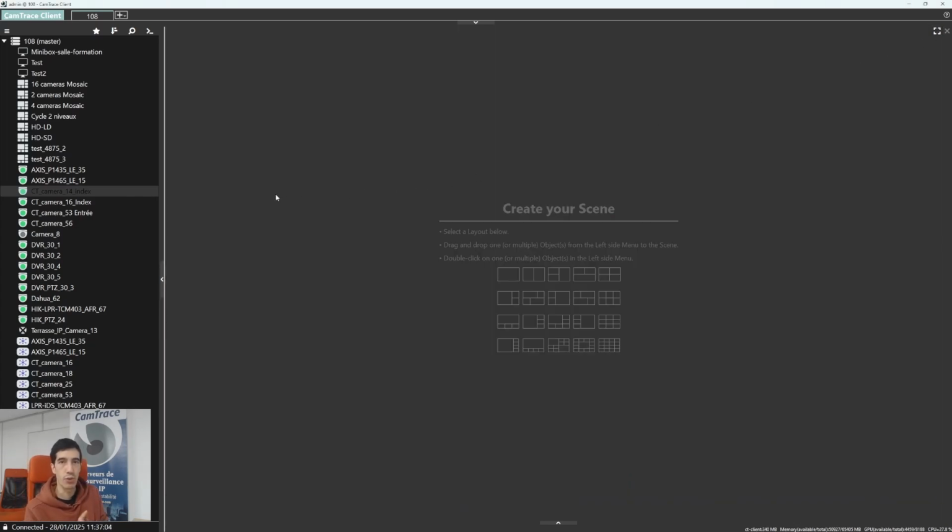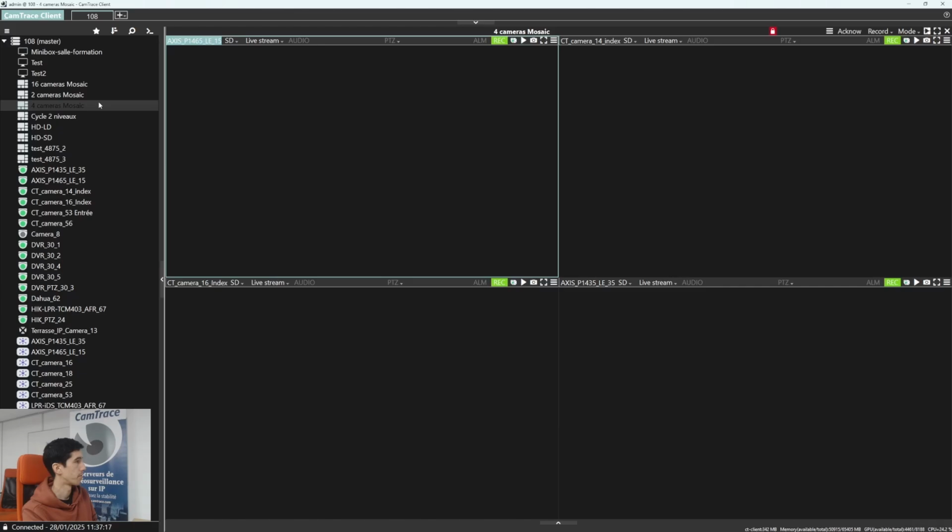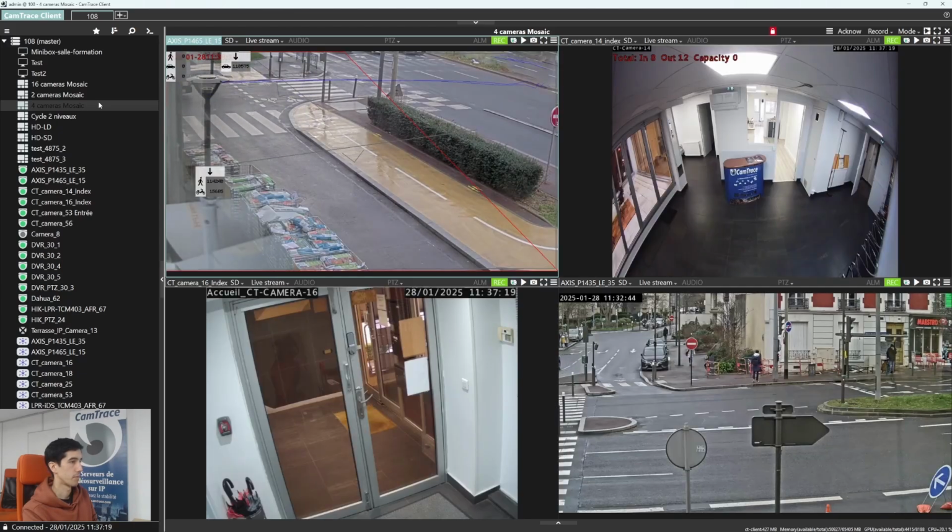I think your administrator or installer already created some mosaics, so we can call them by double-clicking the mosaic name. If you watch closely, you can see that those cameras are in low quality stream.